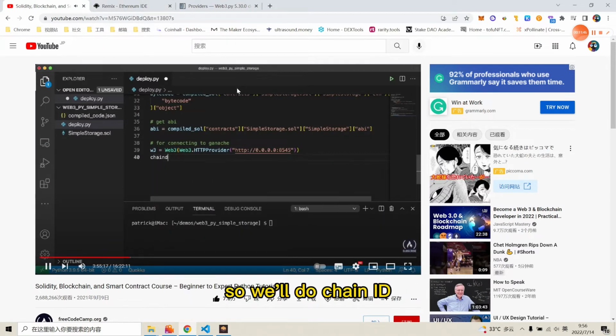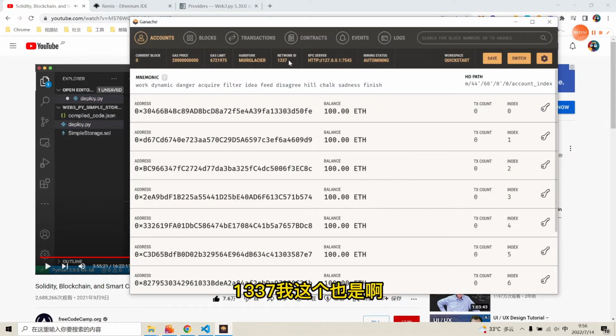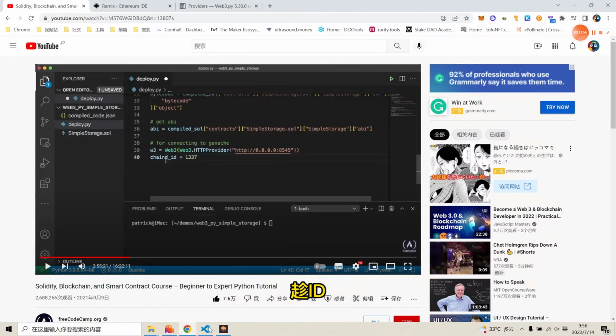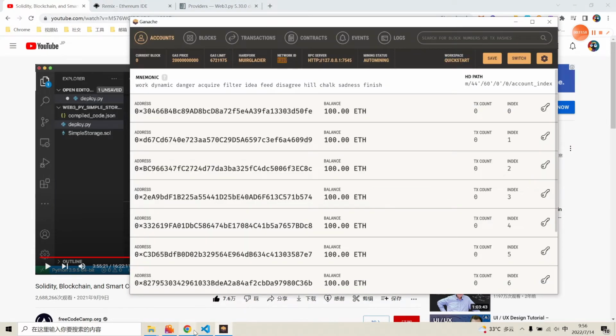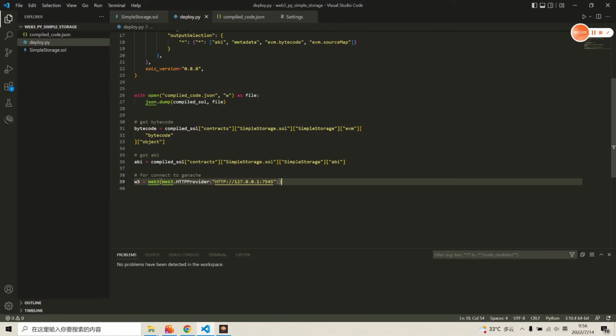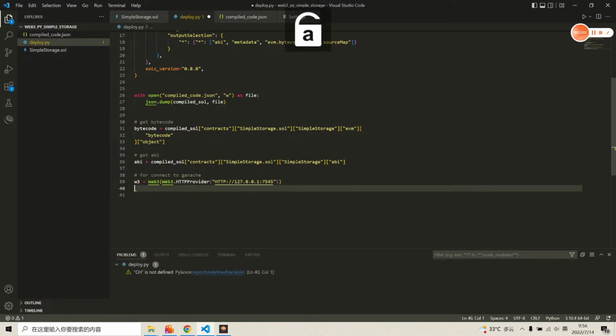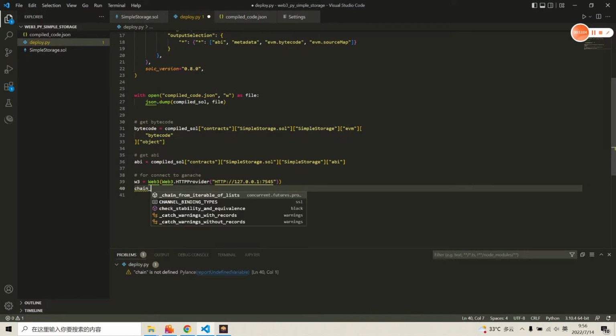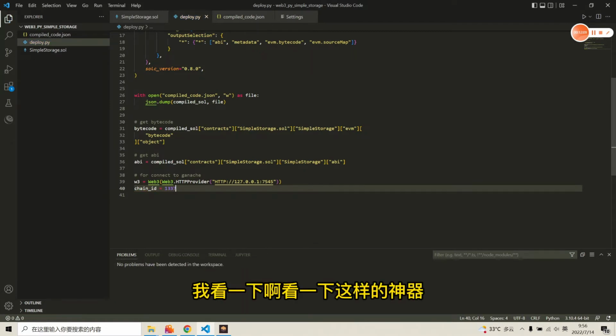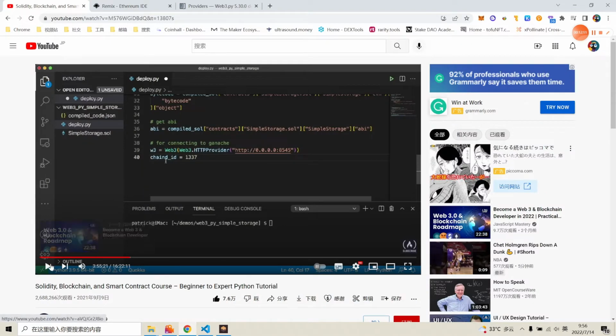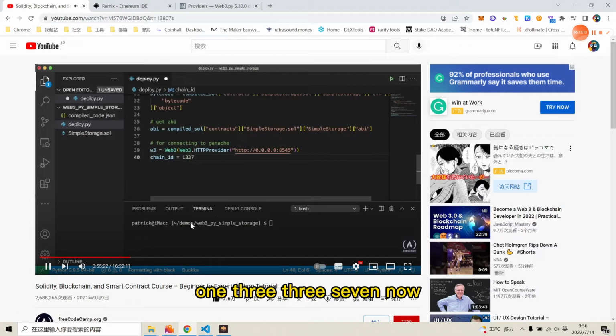So we'll do chain_id equals 1337. 然后把这个 chain ID 打进去，1337。